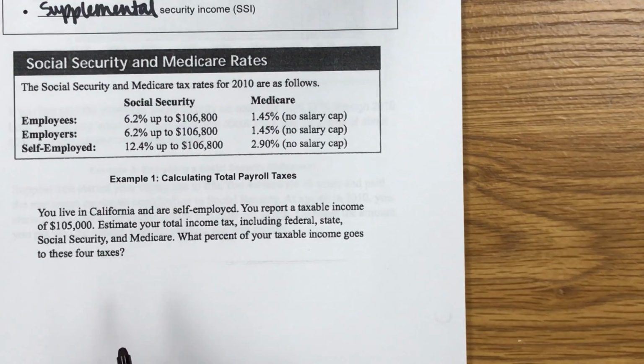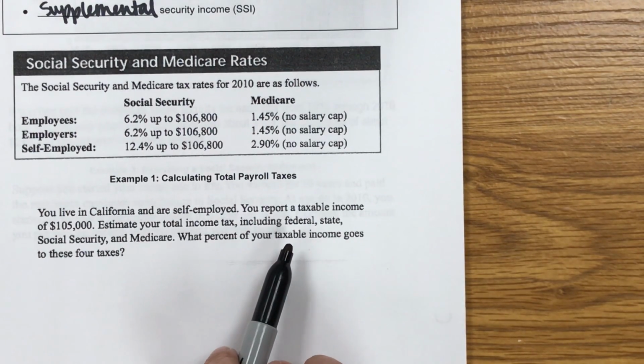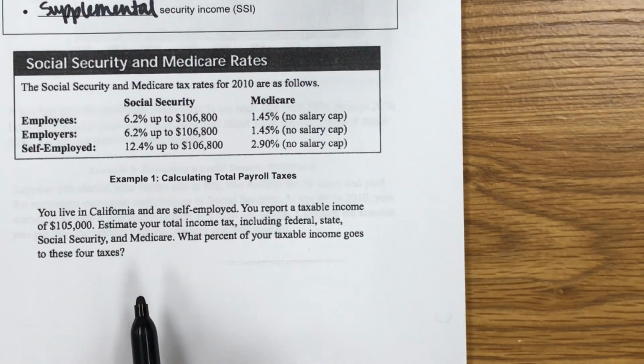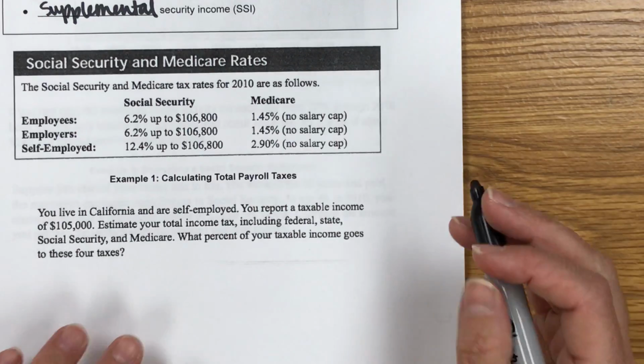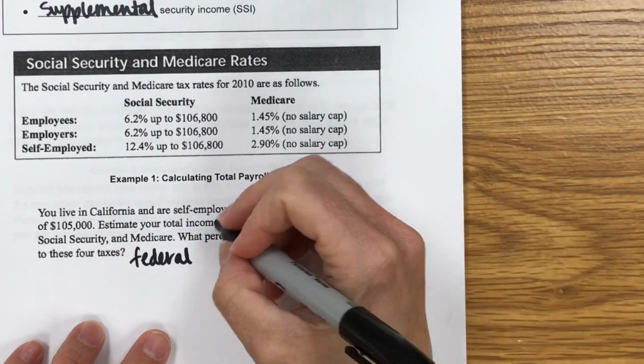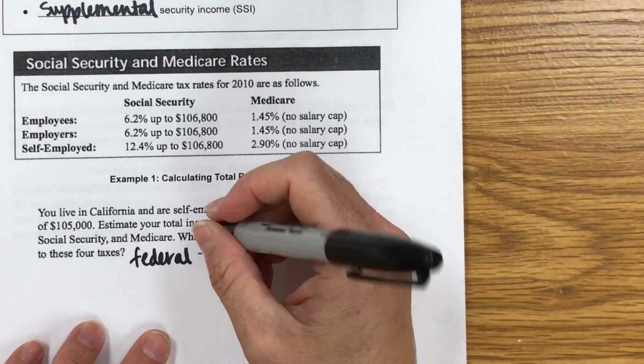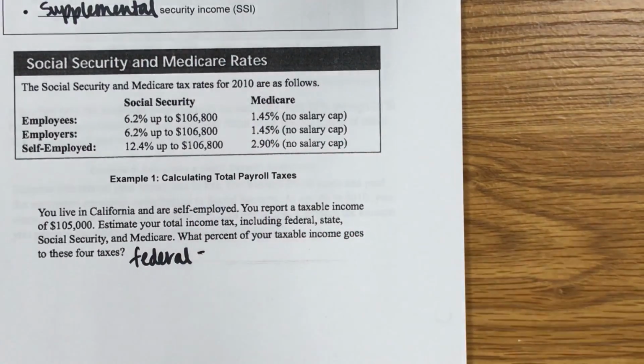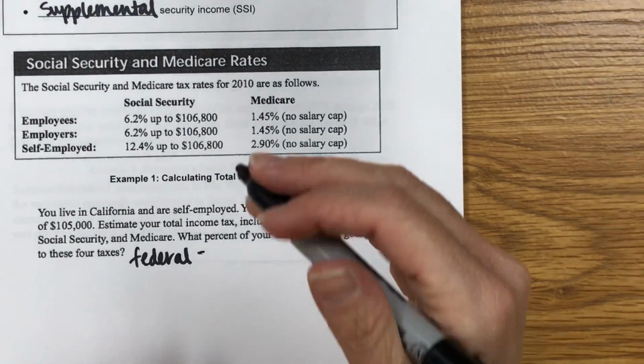So if you have income and are collecting a paycheck, if you live in California or really many states, these 4 categories will collect taxes, and that's what we're going to figure out here. Now, we did federal and state a few sections ago, and so that is covered in your previous notes. So I'm just going to tell you, for this person, if you go and figure out the federal taxes using the graduated tax system, it will be